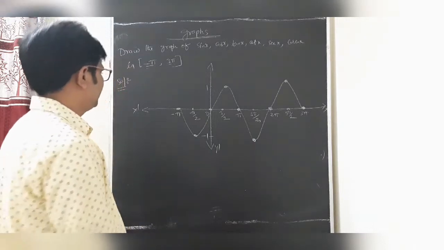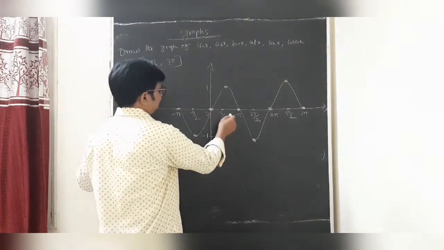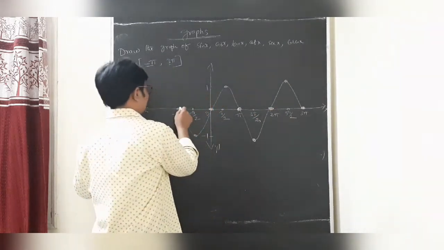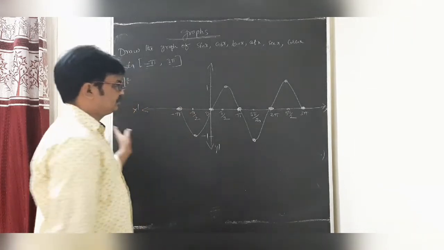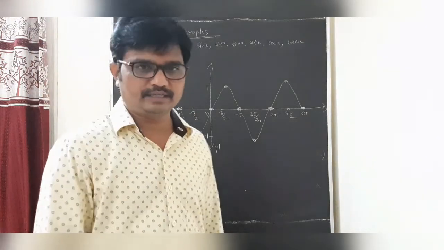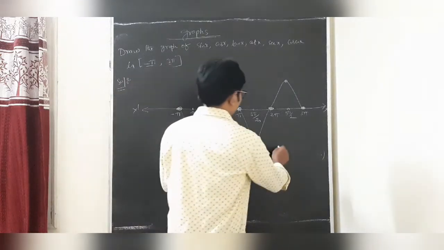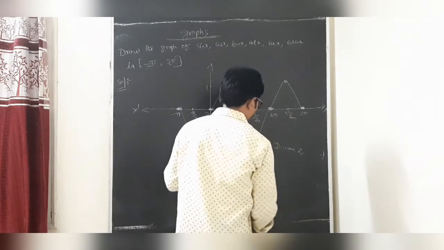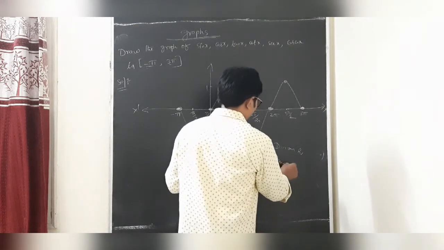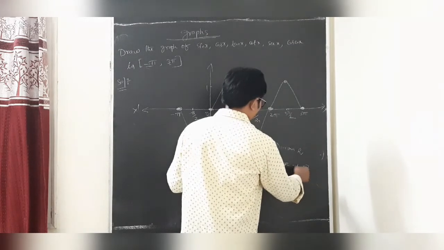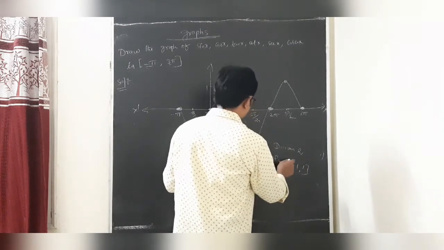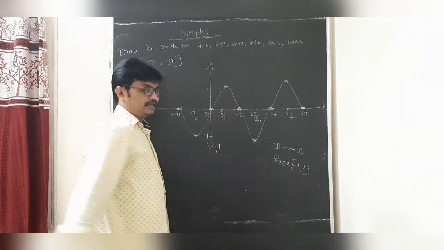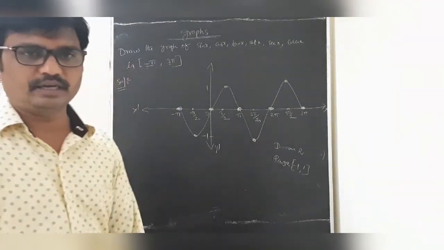Okay, students, what we observed here: sin 0 is 0, sin pi is 0, sin 2 pi is 0, sin 3 pi is 0. So my dear students, this is defined for any real value of x. So the domain of the function is R. But the range, students: the range of sin x is minus 1 to 1. This is 1, this is minus 1. The range lies on the y-axis. Domain lies on the x-axis.